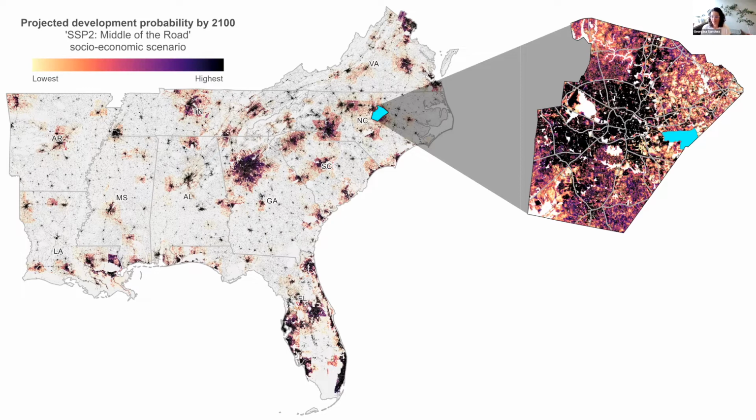Futures is, as I mentioned, a probabilistic model. To show you a bit of what I mean by this, here I'm zooming into Raleigh, North Carolina. Raleigh is the second most populated city in the state. Here I'm displaying urban probability projections for Wake County. As you can see, there are a lot of darker colors in this map representing higher levels of projected development probability. This is basically telling us that it is more likely than not that this area will continue experiencing rapid growth.